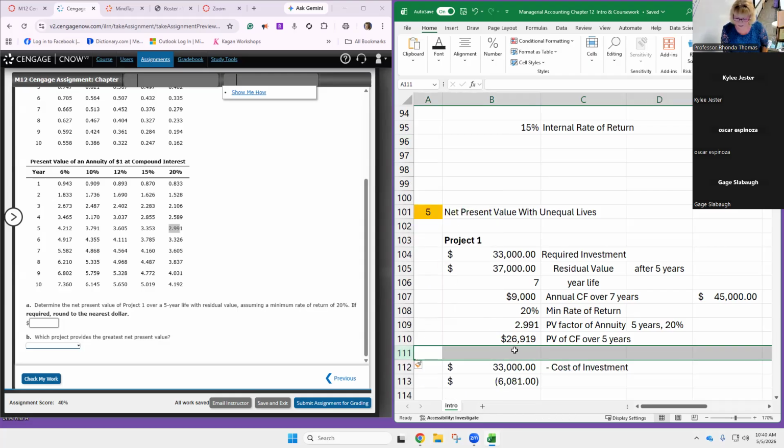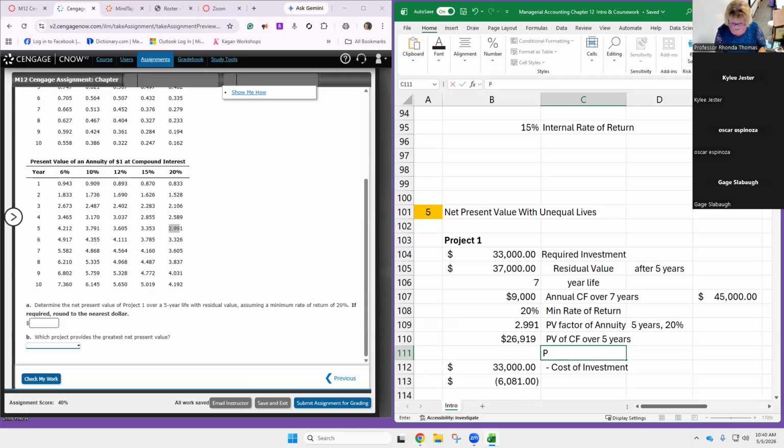All right, so if this is the cash flow for those 5 years, then we need to do the present value of... okay, so we have to do two present value amounts. That's why they gave us 2 tables. This other one is the present value of